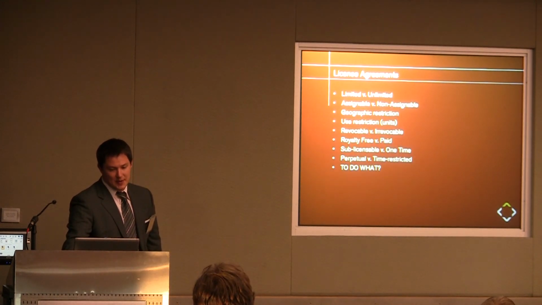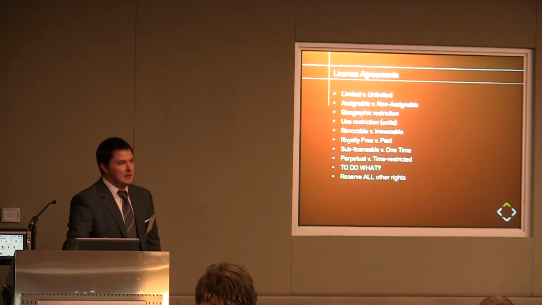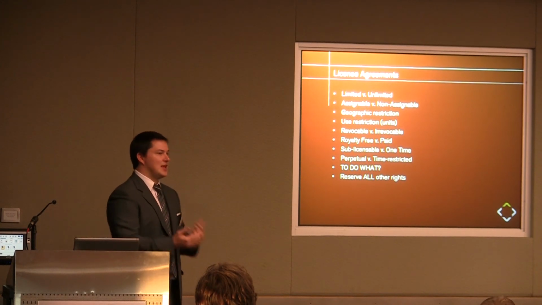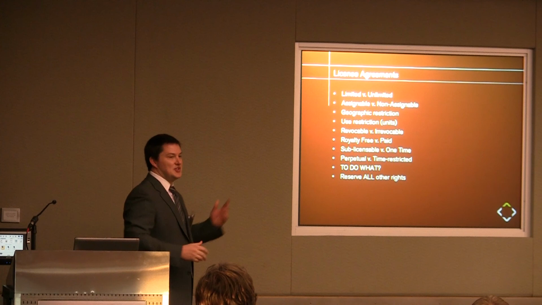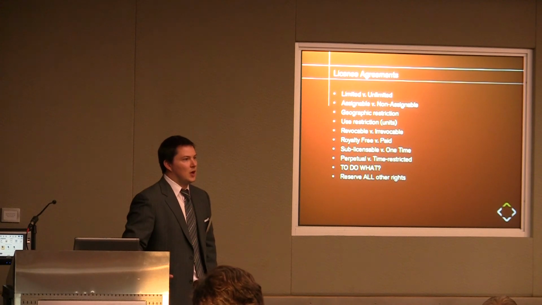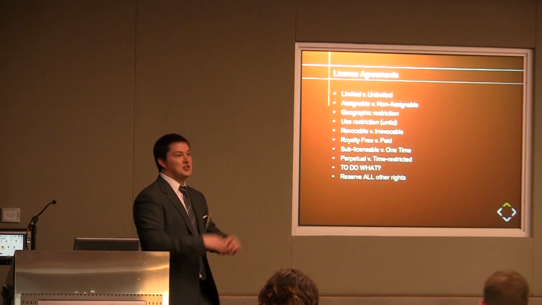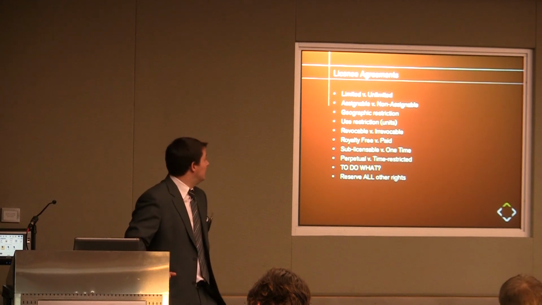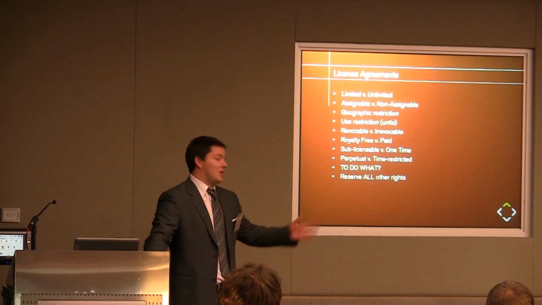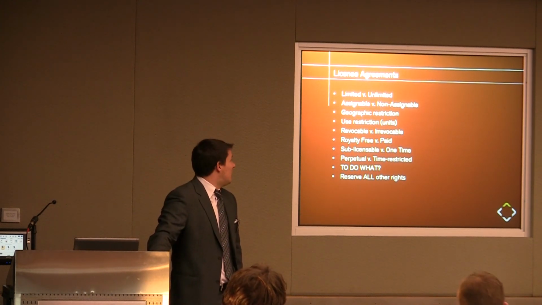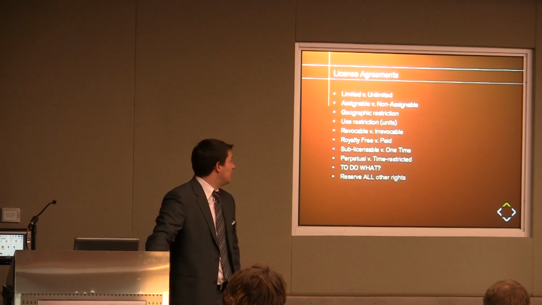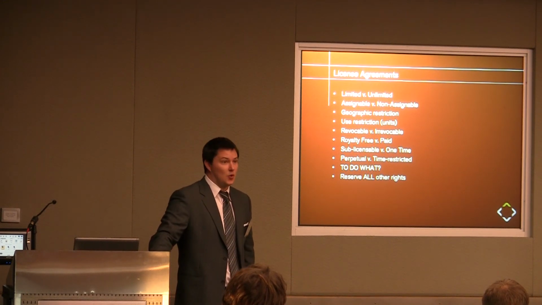When we're thinking about license agreements, the most important point is to think about what the license is. And when we think about a license, there are some basic categories. Is it a limited or an unlimited license? Am I going to put restrictions on how this person uses my software or my code or my widget? Or am I just going to give them an unlimited license to do whatever they want? Is it assignable or not? If I assign you the right to use my software, can you turn around and sub-license it to somebody else? Is there a geographic restriction on using my software or my intellectual property? Can I revoke the license, or is the license irrevocable?